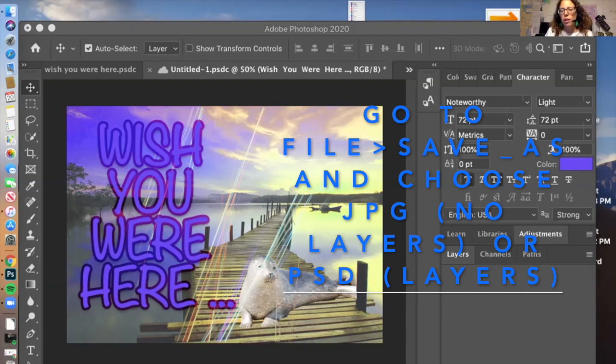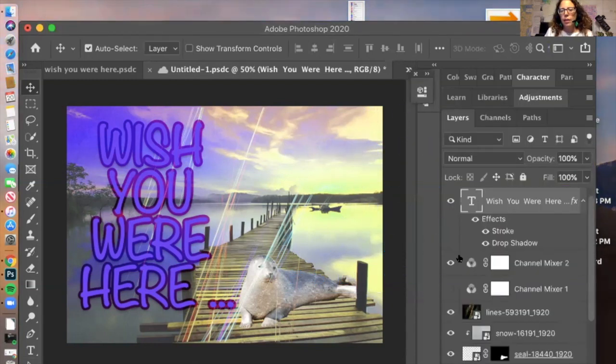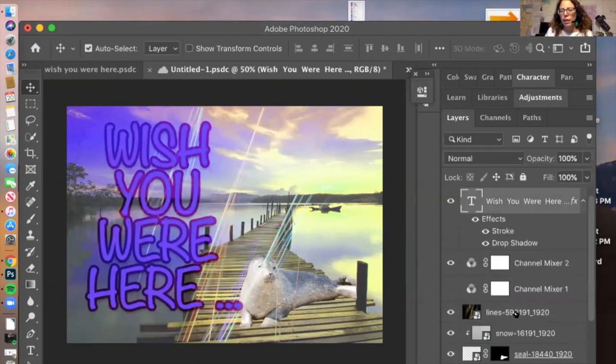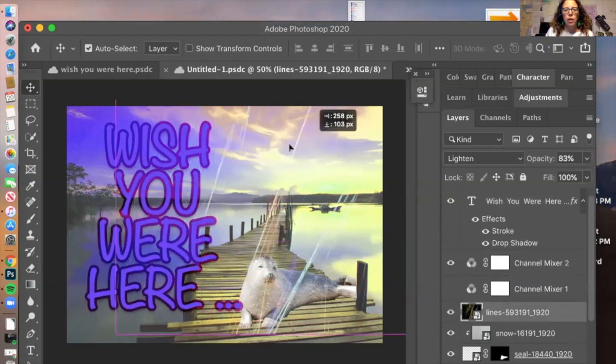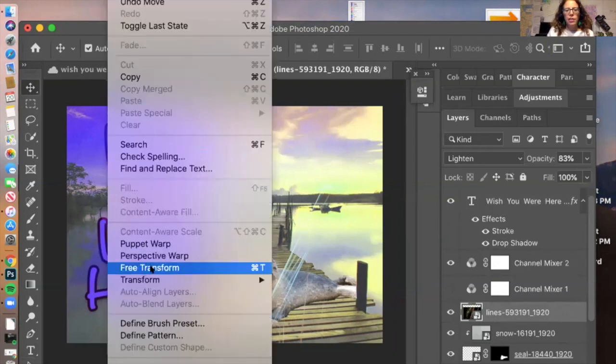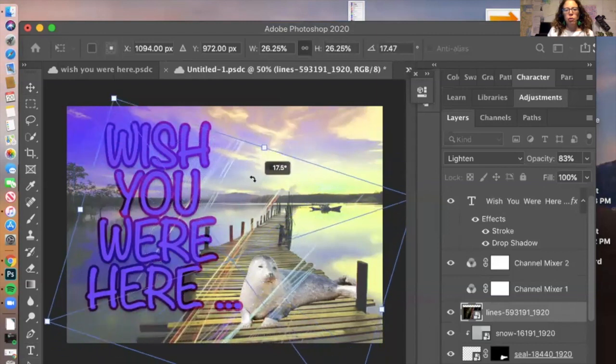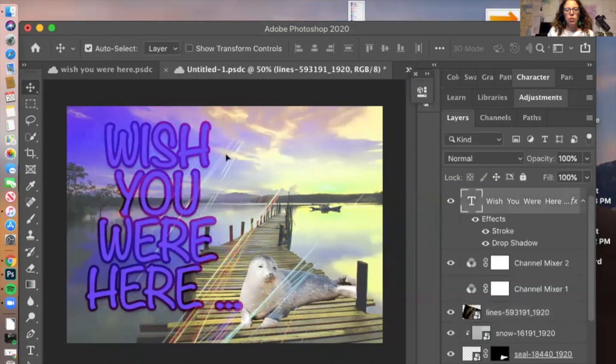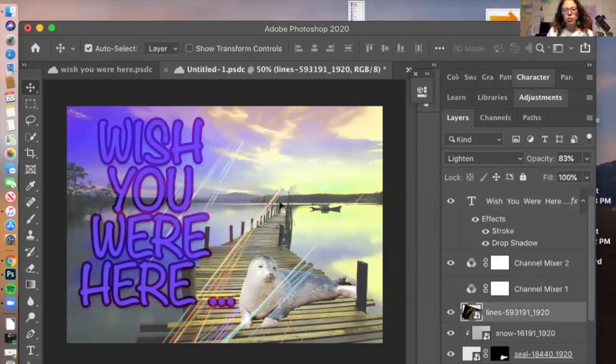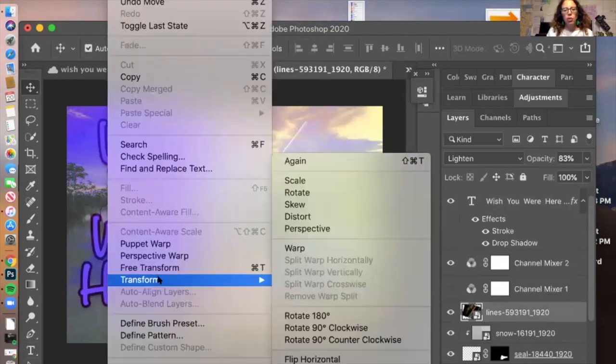And you can also rotate this layer. So this effect of the lines, not this one. I need to make sure I'm on the right layer. So you can move it. And in Photoshop, you wanna go here to Edit and Free Transform. But when you free transform, you have to make sure that you don't distort. So one way to not distort it is you transform a scale,